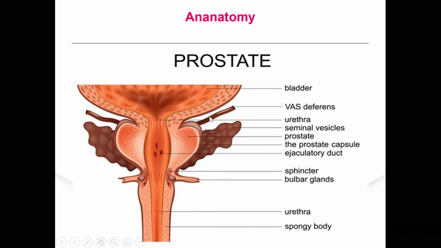So we also have the vas deferens. The urethra begins in this part of the urinary bladder. The ejaculatory duct, which also can be traumatized after surgical treatment like transurethral resection. We will talk a little about it later. So seminal vesicles near the prostate gland, the prostate gland itself, the sphincters, internal sphincter, bulbar glands, urethra, and spongy bodies